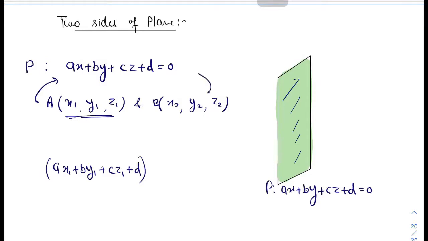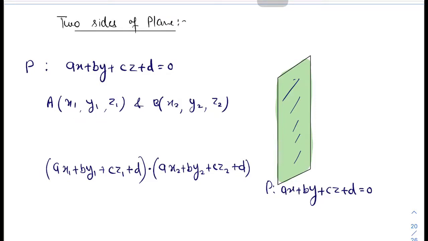By putting point B in the equation of the plane, we get ax2 + by2 + cz2 + d. If you multiply these two values,